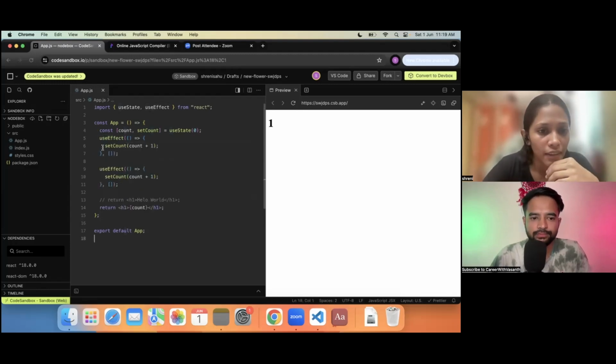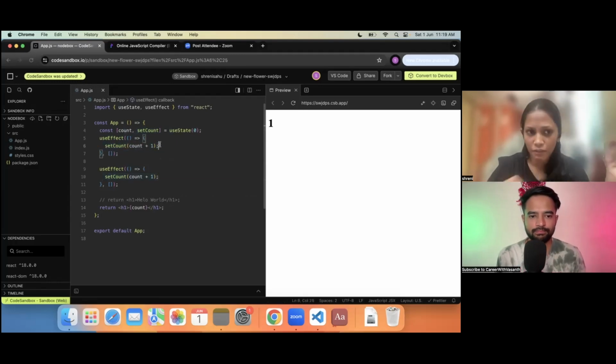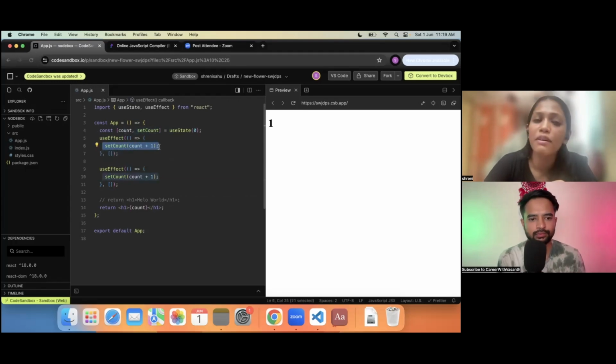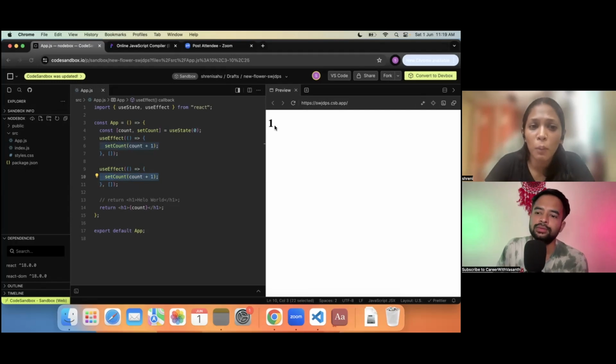Okay. But I think the problem is with this set count, even though we are doing it on line 9, it does not immediately update the state. It takes some time. That's why it's coming 1. So suppose we are at line number 6, even though it updates 0 to 1, when it comes to 10, it's still not updated to 1. It will think it's still 0. That's why it is making it 1.